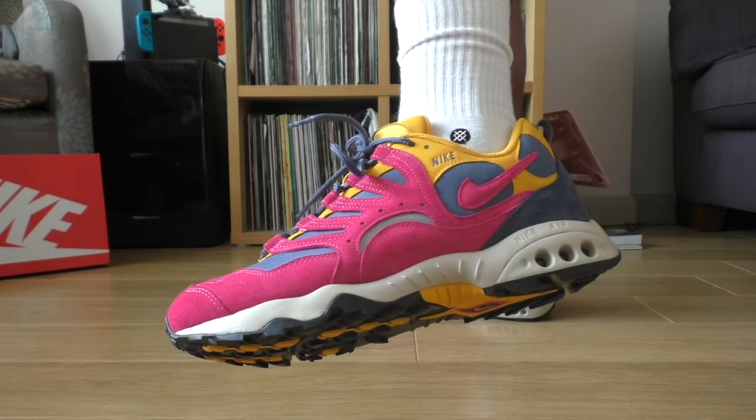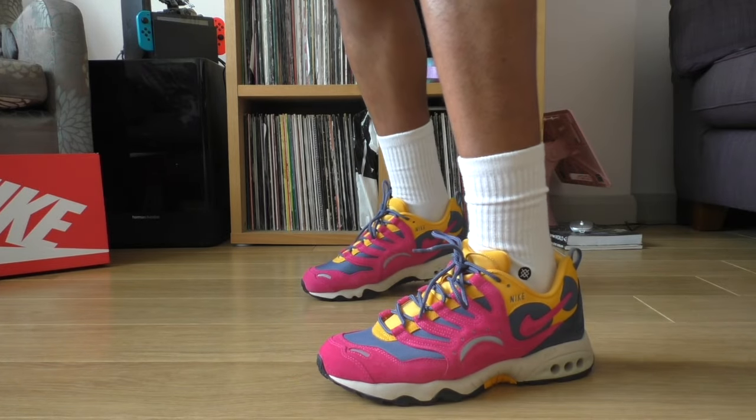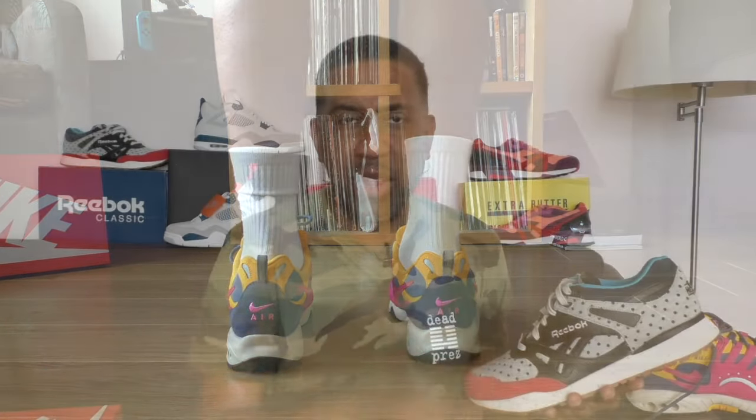I saw someone online that I follow doing some videos on the Reebok ventilator, and it kind of brought me back to that era of the Reebok ventilator when I was really just getting into the kind of collabs again and was really into the releases that were coming out when it was, I think, the 25th or the 30th anniversary of the Reebok ventilator, I think about 2015. And this is one of my favourite pairs, and that time, still to this day, this is such an amazing pair. Bodega times Reebok